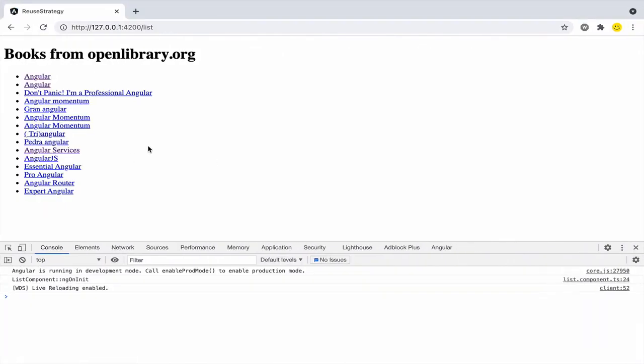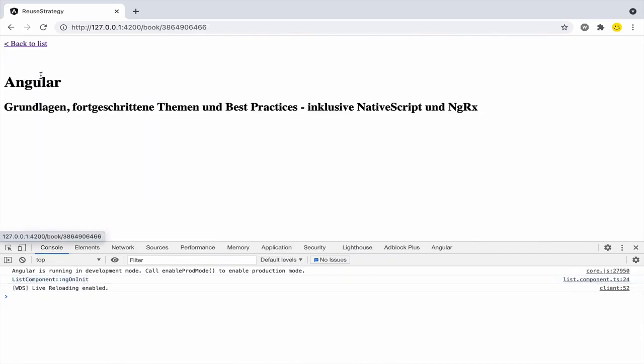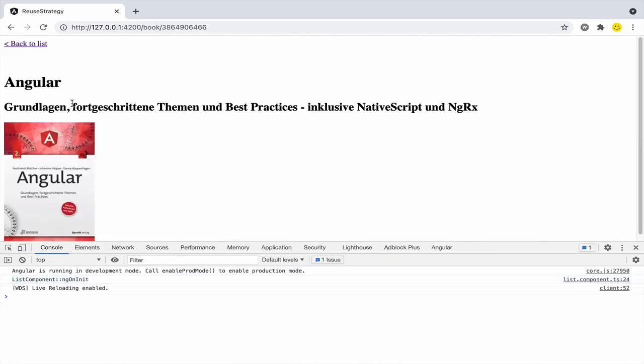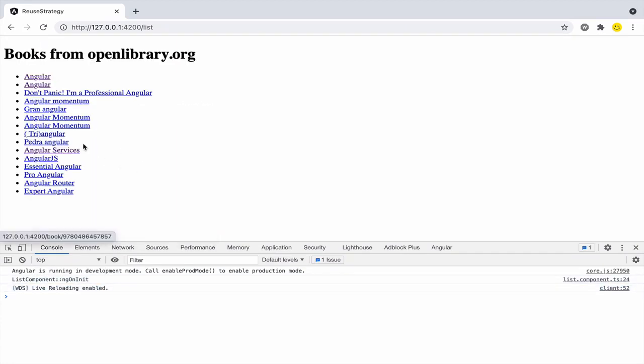How does it look now? You see that the list component is initialized. But also, as you see, when you go to a specific book page, the list component is not destroyed. So when you return back, you use the same list component. It's super interesting in terms of performance optimization. You don't need to recreate components